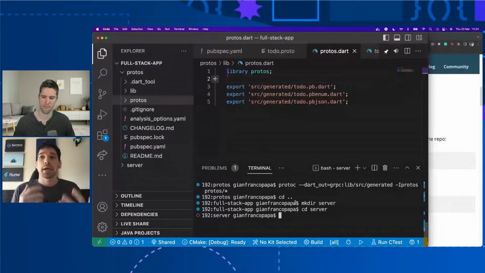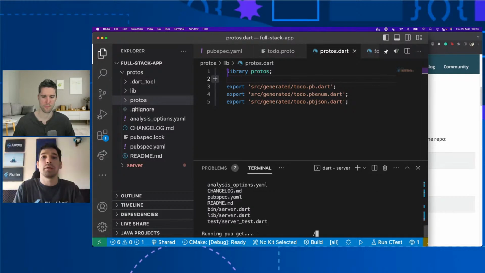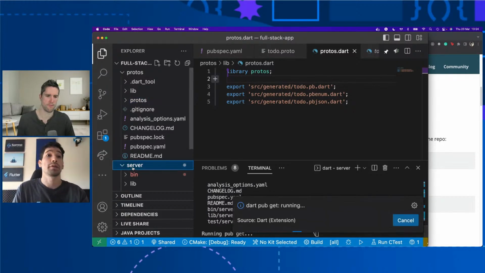this would be a package that we can import in our front end, but maybe we can use the console app so we have our main and we can start our server. Okay, so this will actually be the default template. So if we hit dart create, instead of specifying the template, we can use the default one, and we are going to force it to be created in this folder, in the server folder.